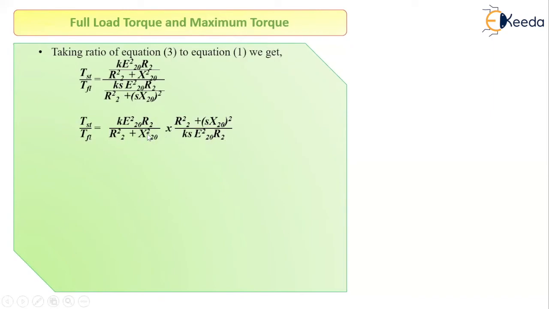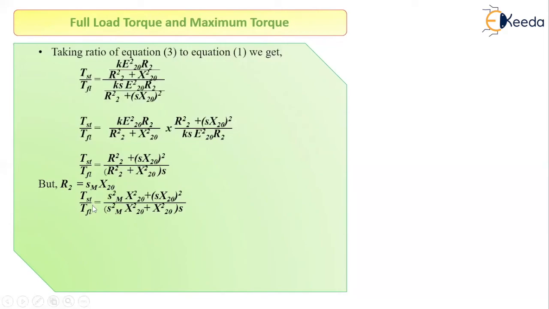Again certain terms will get cancelled. If we see here, this numerator and this denominator will get cancelled, only S will remain. So we get TST by TFL is equal to R2 square plus bracket Sx20 square divided by R2 square plus X20 square multiplied by S. So again R2 is equal to Sm multiplied by X20. So let us substitute in the equation. So we get starting torque to full load torque is equal to, I have replaced R2 by Sm into X20, Sm square X20 square plus bracket S into X20 square whole divided by Sm square X20 square plus X20